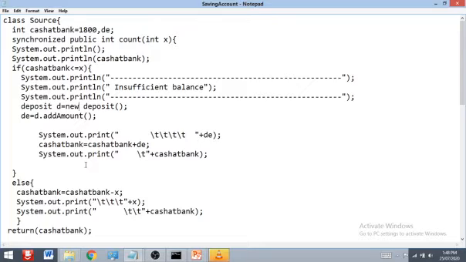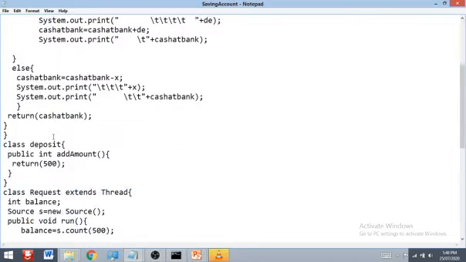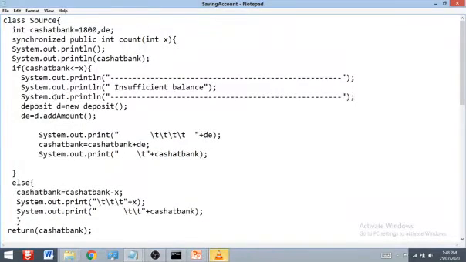Then again here, if that is the case, then deposit D. Deposit here is a class. Here I create one class, the deposit class. So here I create the object of the deposit class, new Deposit.